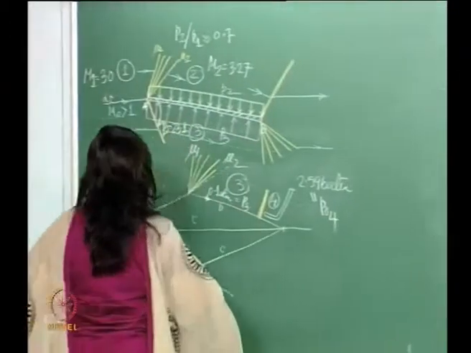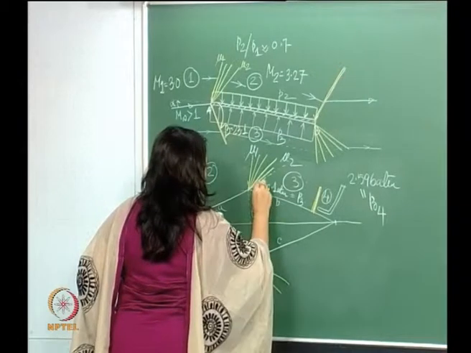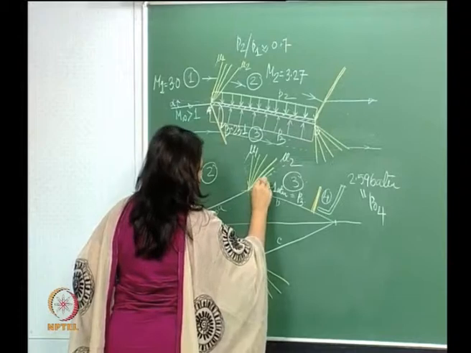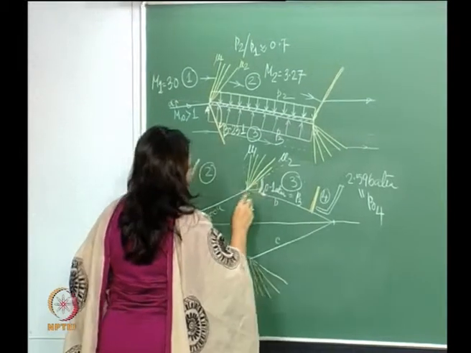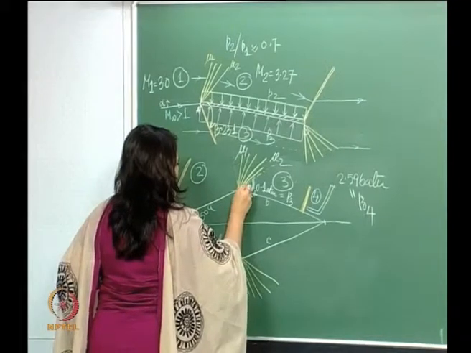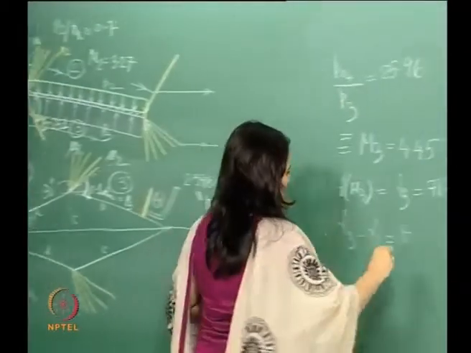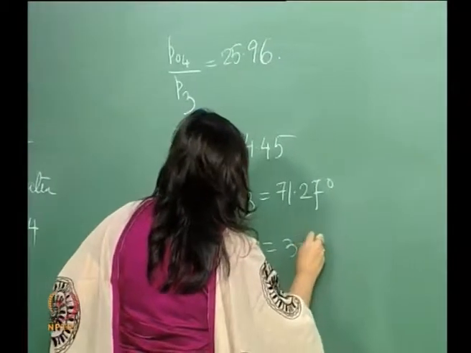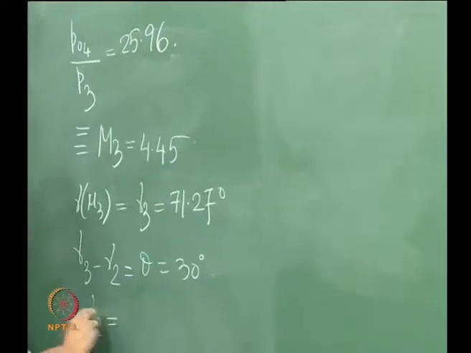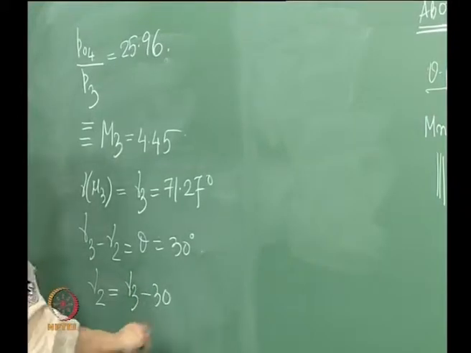So, if you look at this here, this angle is 15 and again this angle is also 15. So, this total deflection here between the two surfaces is 30 degrees. Okay. So, total deflection is 30 degrees. So, then this is 30 degrees. So, what we can calculate is nu 2, which is nu 3 minus 30, which is,